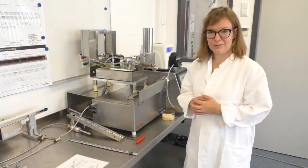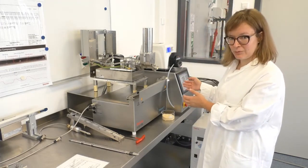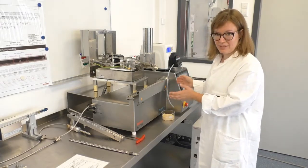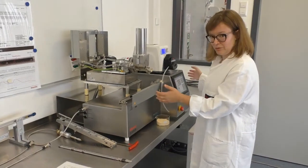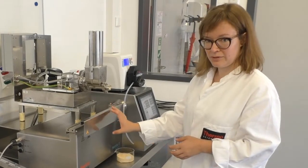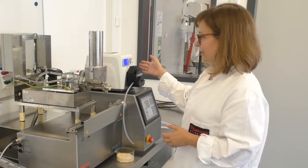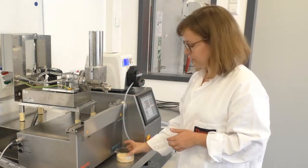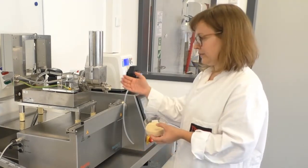Now that we've talked about the principal process setup, I would like to introduce you to the actual hardware that we provide to our customers for this purpose. Here, of course, the main unit is the Process 11 hygienic twin screw extruder, which you can see here is very small. It has a very small footprint. You can see here the control panel, and here the main processing unit, which is still open and not assembled yet. And here we have the liquid feeding pump for feeding water, and here a gravimetric twin screw feeder, which is filled with this pea protein powder,